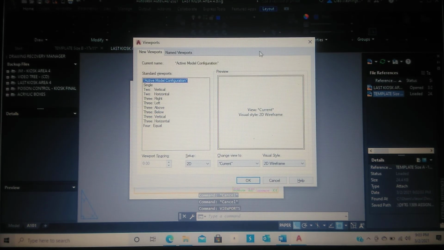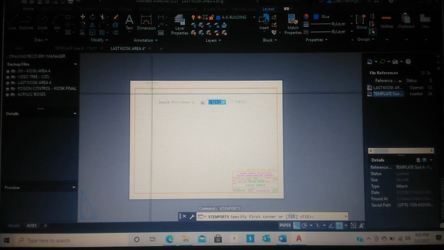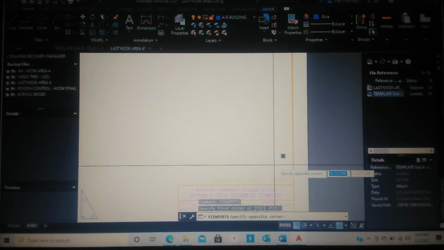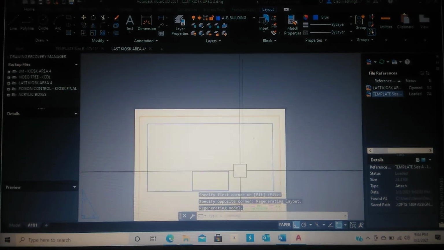And this window is going to pop up. So what you want to do is you want a single viewport, okay? And then click OK. So now you come in, the viewport command is active, so you click in one spot and you drag it to the next one. So now in this viewport,